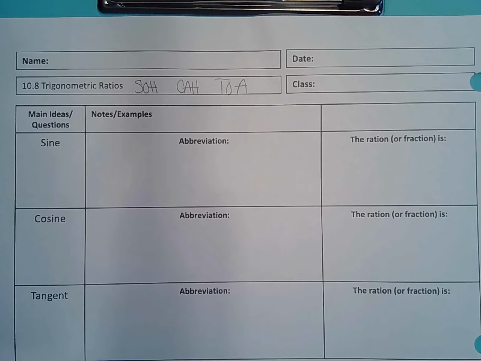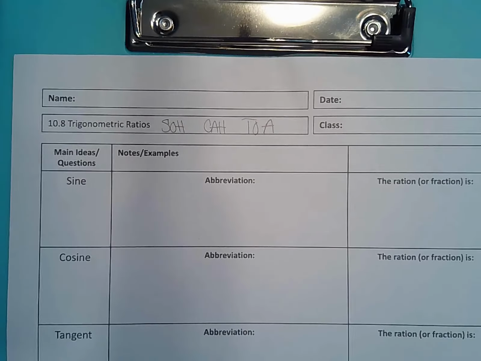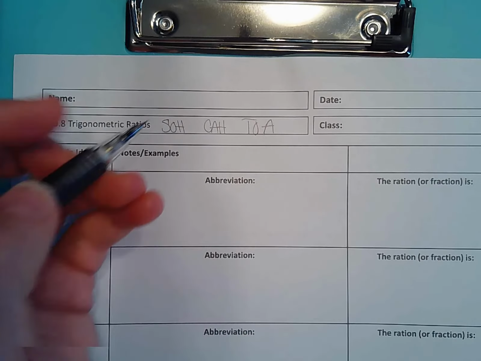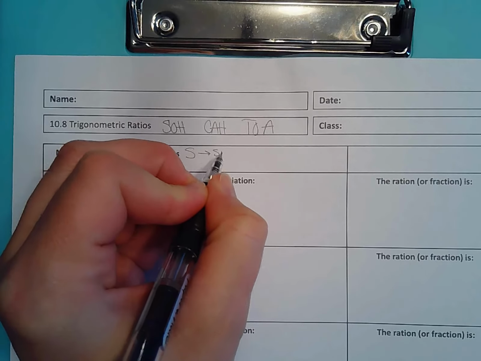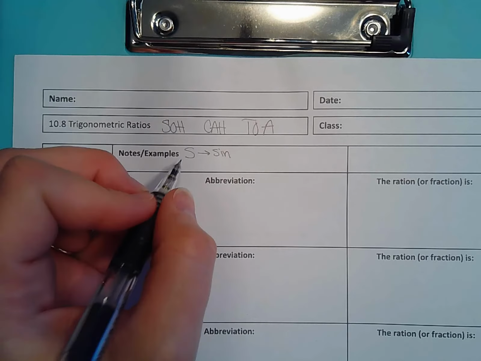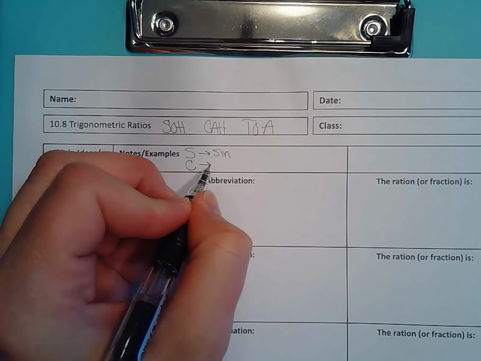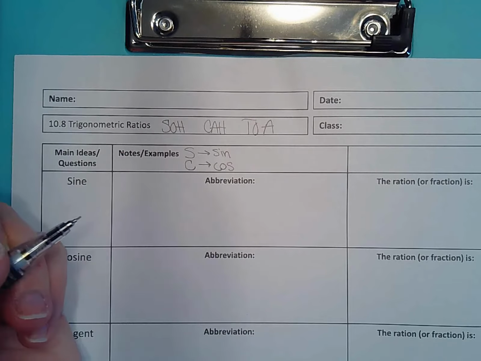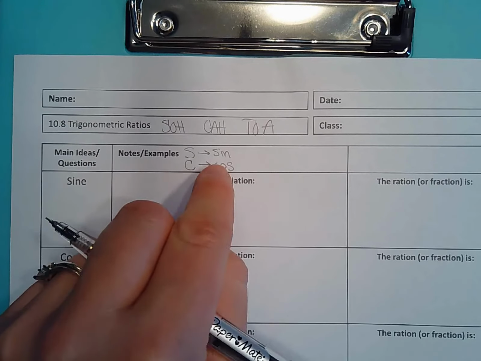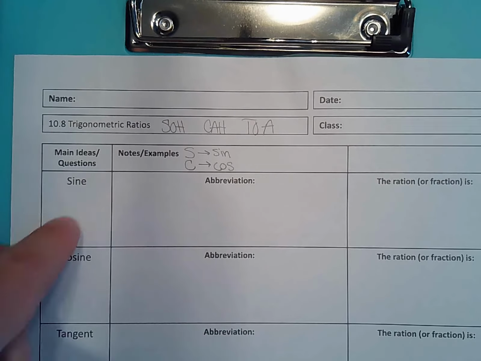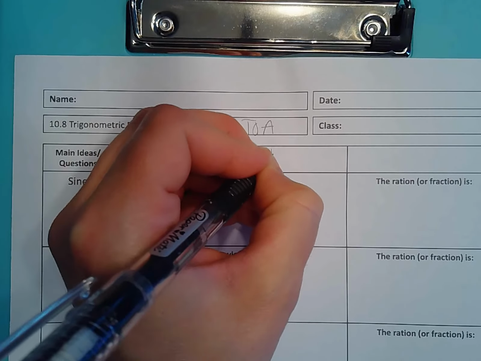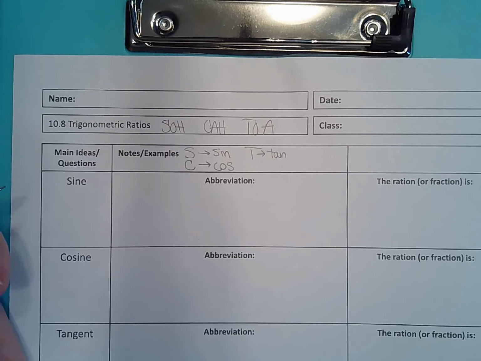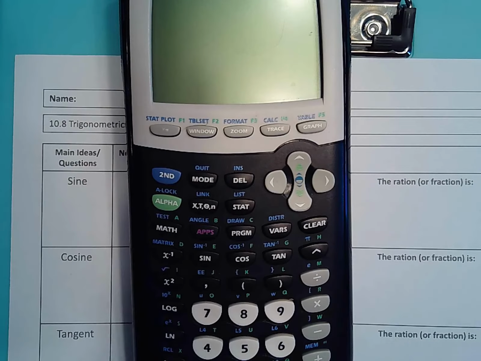So let's go ahead and put those somewhere. In fact, let's put it right here. Let's do S means sine. Let's write that C means cosine, and I'm showing you the short abbreviated versions, and then you can see the long words down here. The T means tangent, and if you want, we may as well explore your calculator now. There's sine, there's cosine, there's tangent,